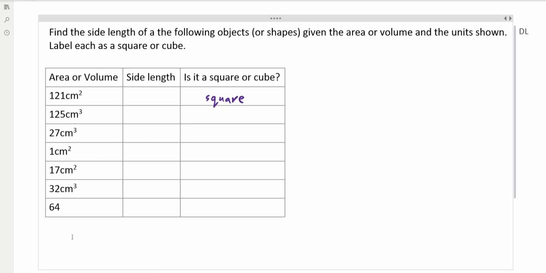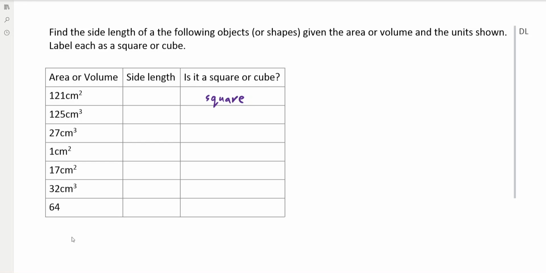Let's do that number, okay? So I'm going to leave that there as well as the challenge problems at the end. Okay, so